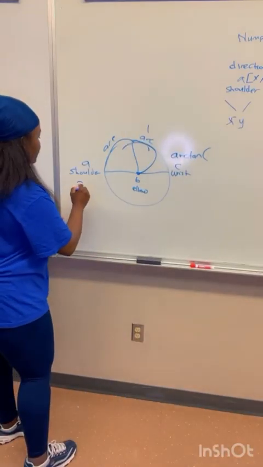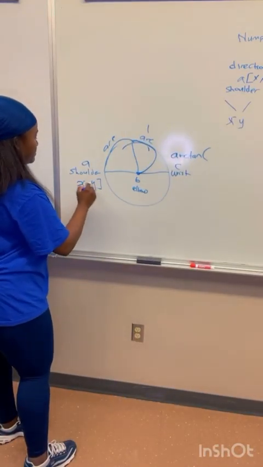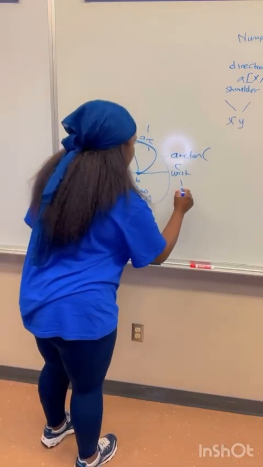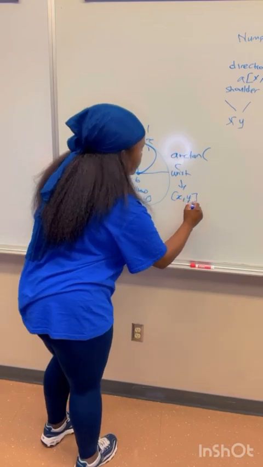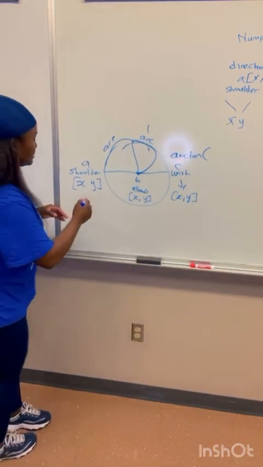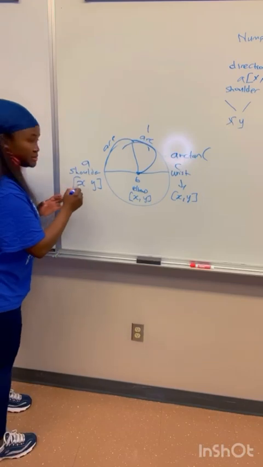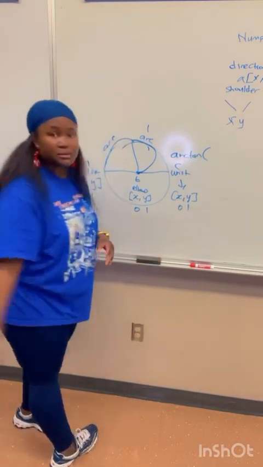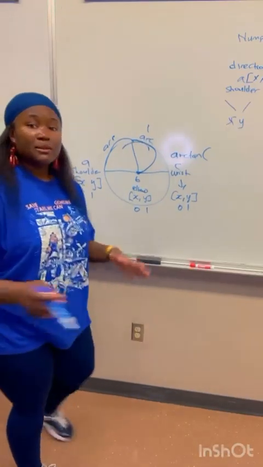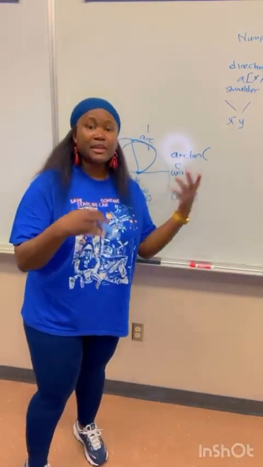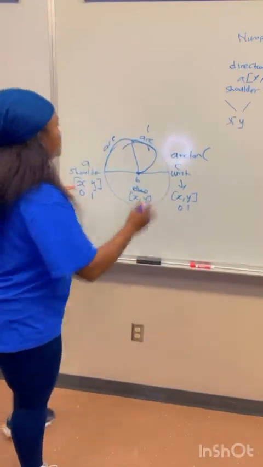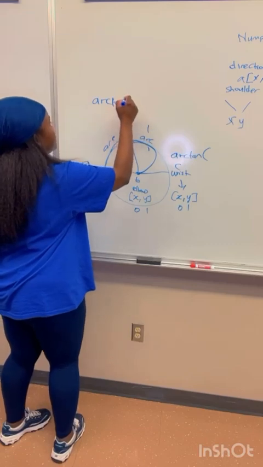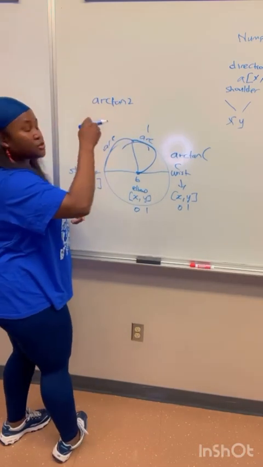So we have X, Y in A. We have X, Y in my elbow, and another X, Y here. Now, these are indices, zero based: 0, 1, 0, 1, 0, and 1. Okay? So now we want to calculate the arctan to get this rotation. So what we do is use a function called arctan2. NumPy has this function, and then